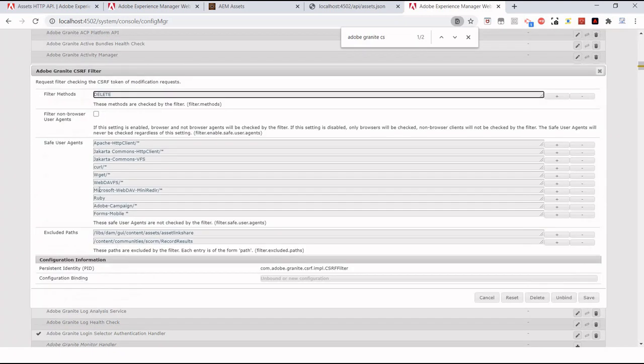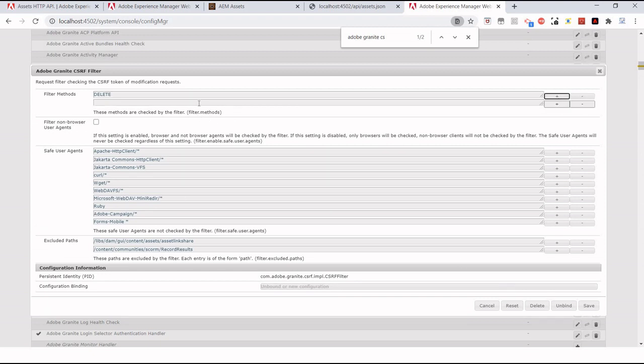This is the one, and basically the filter should not be applied for the HTTP methods you are sending the request with. For example, I'm going to use get, put, post and delete. So whatever methods we are going to use in our Postman, we just need to delete them.